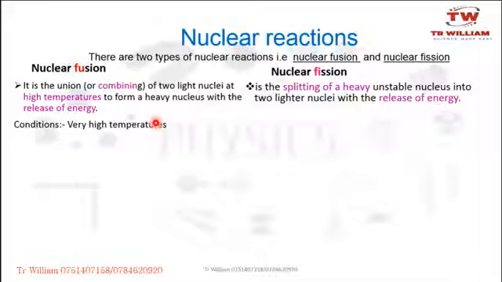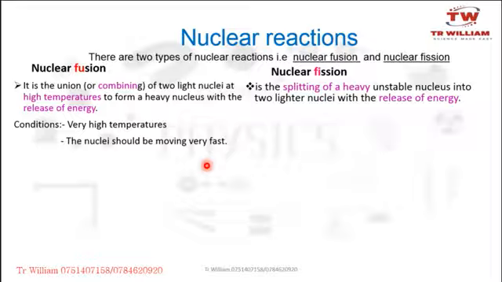The high temperature enables these particles to overcome the nuclear repulsion. Similarly, these two nuclei, these two smaller things, must be moving at a very high speed so that they are able to overcome the nuclear repulsion. Remember, these are nuclei. One is positively charged, and the other one is also positively charged, because we know the nucleus